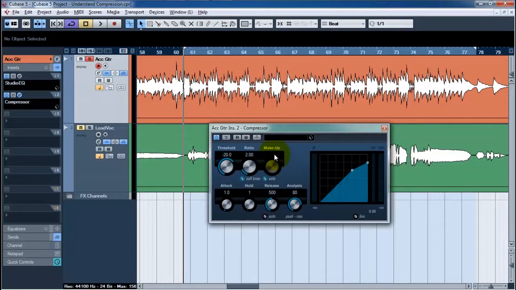The hold button determines how long the compressor keeps the volume in a reduced condition before it is released. Analysis is a way of telling the compressor how to treat the audio coming in. If you wanted to pay more attention to peaks, knob to the left, or to the average volume level, RMS,